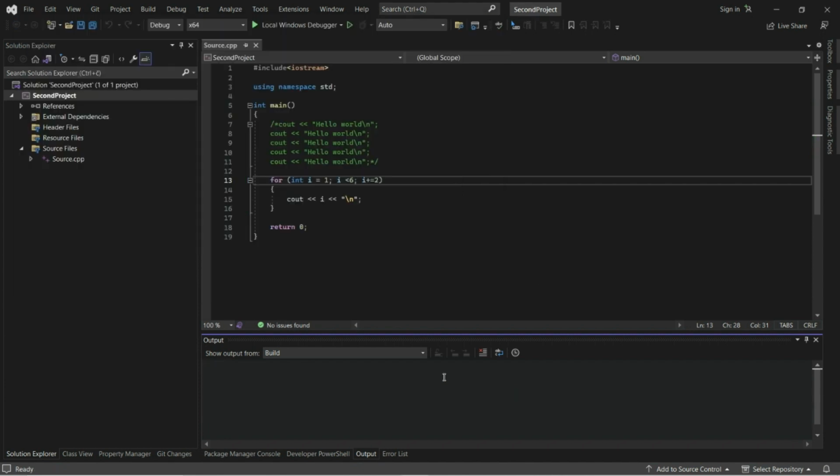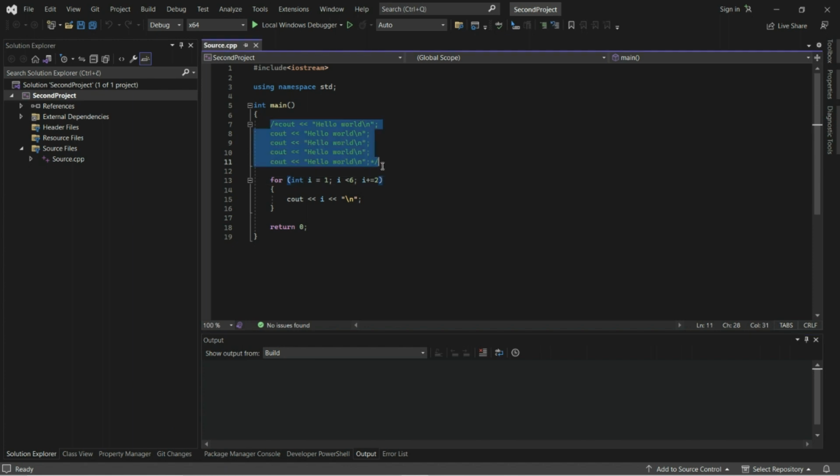Let's now write a program that will ask user to enter a number, and we will print squares of all numbers in the range from 1 to that number, including those two numbers. For example, if user enters the number 5, we will print squares of 1, 2, 3, 4, and 5. Let's do it.